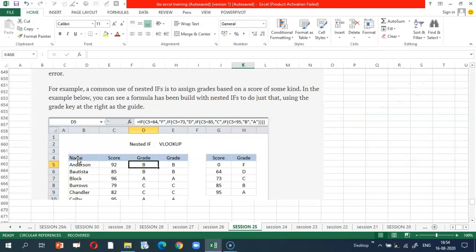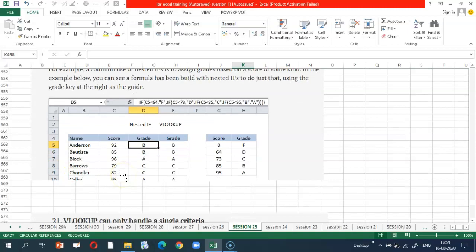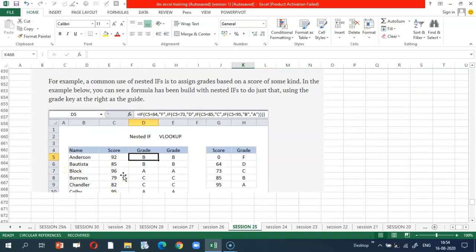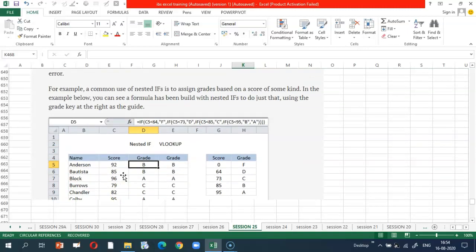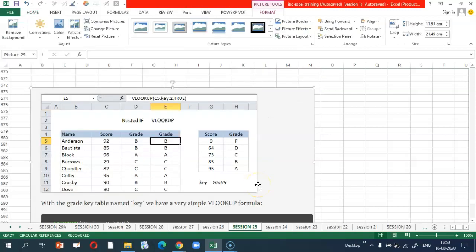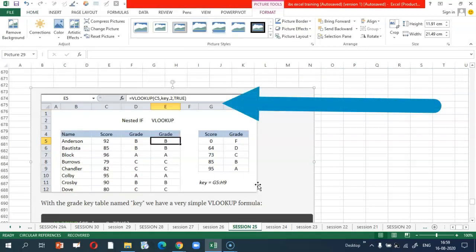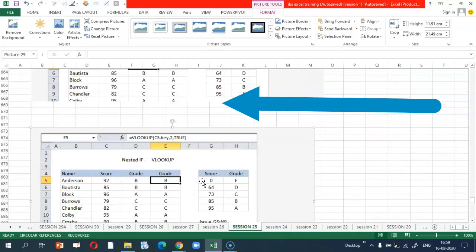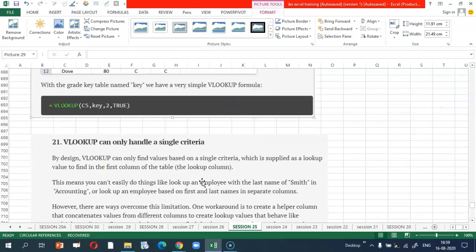But if you use VLOOKUP, VLOOKUP can assign the grade with a very simple formula, and you don't have to use the IF function to this greater extent. One can observe in this example how VLOOKUP has been used to derive the same result which was earlier retrieved by using the IF function. VLOOKUP is a simpler tool.